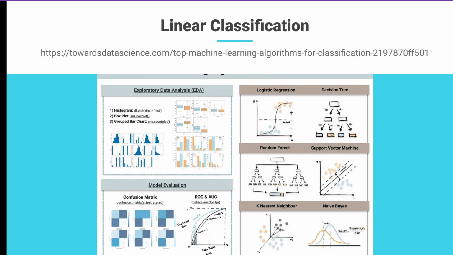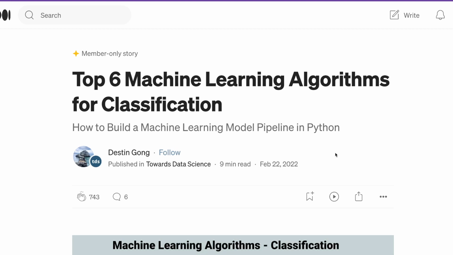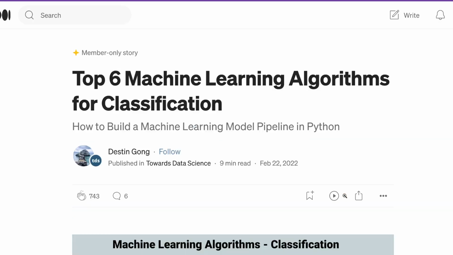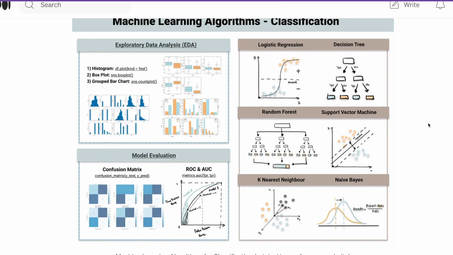This is a great article. Now, I do know that you have to have a membership, so I'm going to go over the article here real quick. Okay, so here's this article. Let me make it a little bit bigger. Okay. Yeah, I think that's my paid account. Okay, so